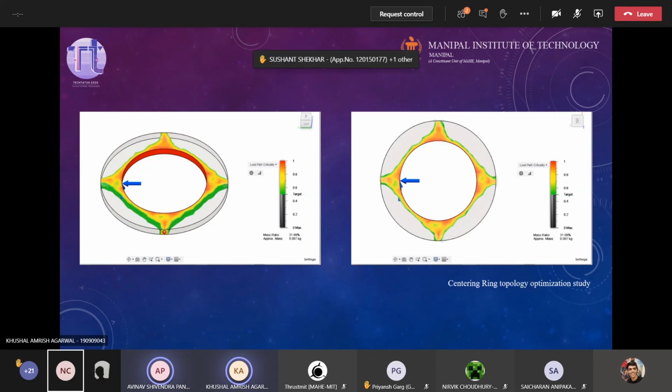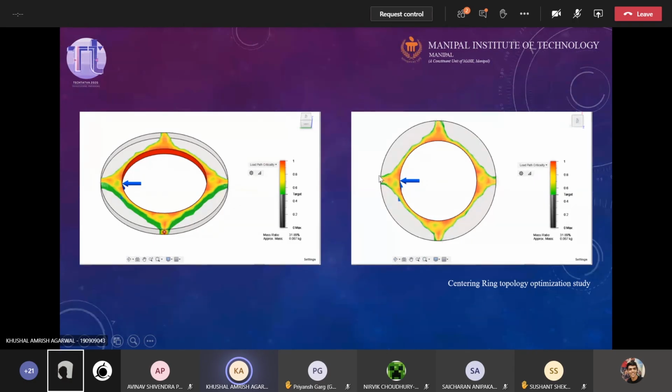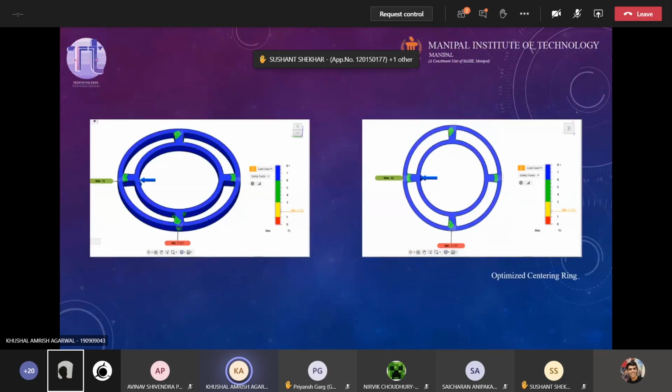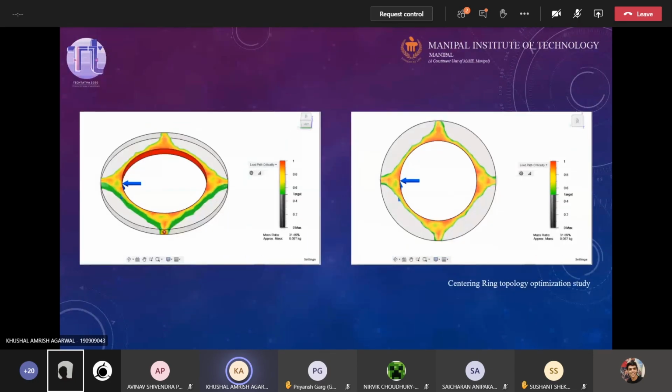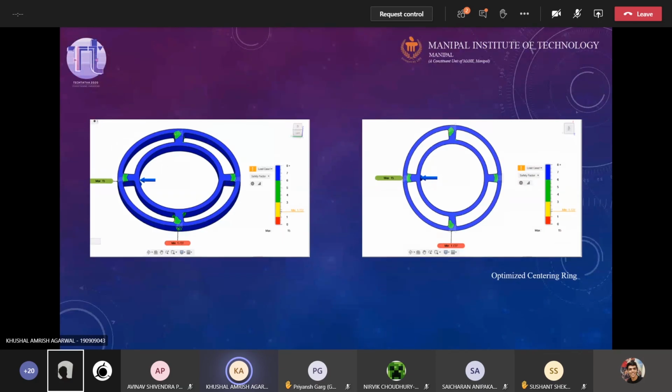Does the left one have a torque acting on it or any force that turns it? Not a torque, but a sideways force that will be acted on it by the motor. So as you can see, the load path will be as shown in the contour here, right? So instead of having a centering ring that is just exactly like a ring, since we know the load path, how the load will be transferred, we can have a centering ring like this, and this won't affect the factor of safety at all. Because you can see the load path by the contour there, and we can remove the material from where the load is not being transferred.